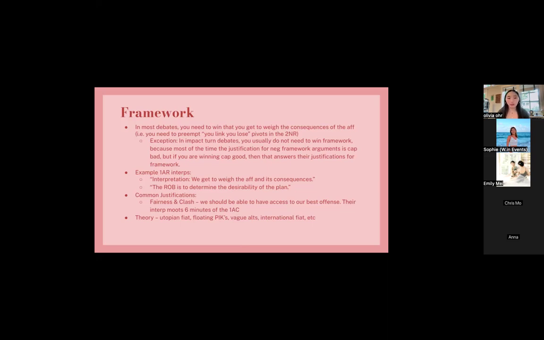Under a plan focus model, you should say plan focus is best for predictable limits for the AF. For example, instead of being held to debating the consequences of the AF, the neg can now critique or expand the scope of competition to any of the 25,000 words that you've read in the AF, which is obviously not predictable because you don't have defenses for each and every one of those.